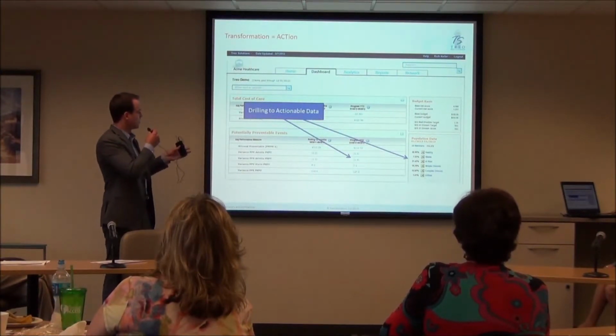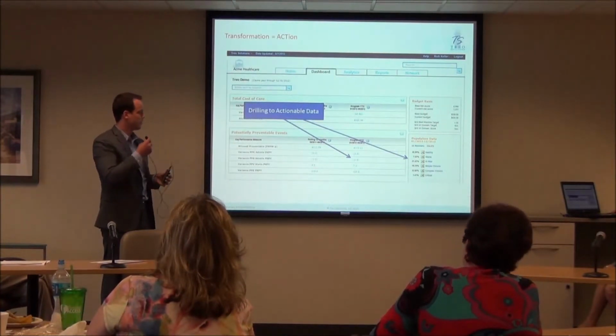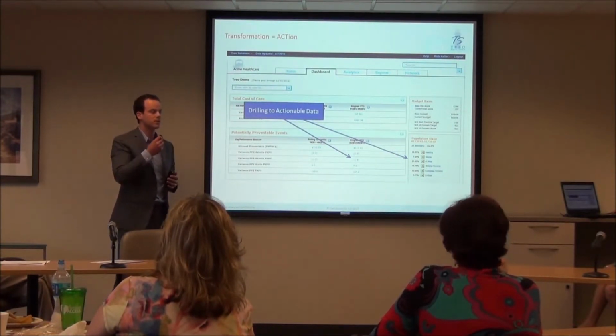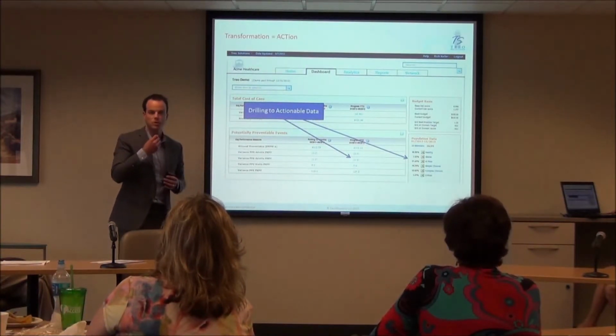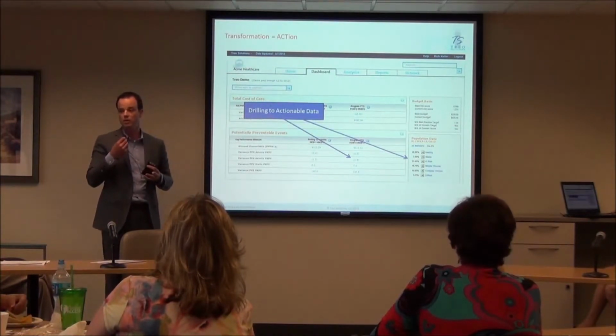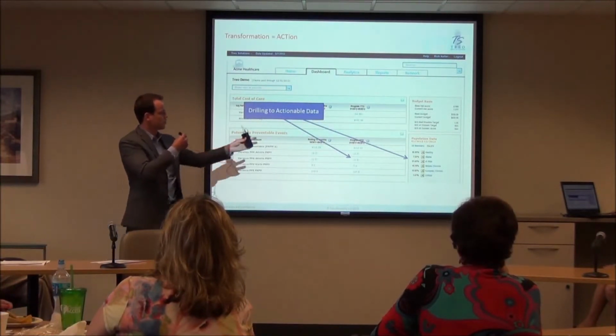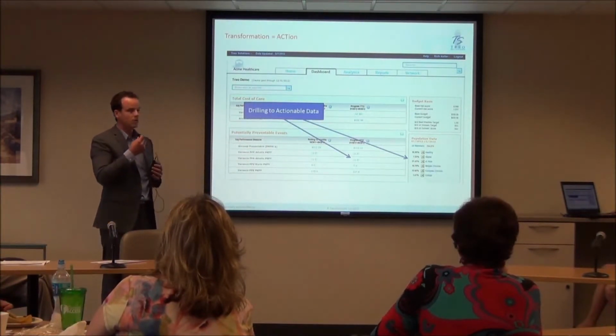So if I'm looking on the left-hand side and we're using potentially preventable events as an example, just at a quick glance I can see if I'm performing above or below expected. Obviously I'd want to spend more time on those measures where I'm above expected, because that's where there might be opportunity to improve. And having an understanding of where I'm above expected, that's where we can pivot over to the